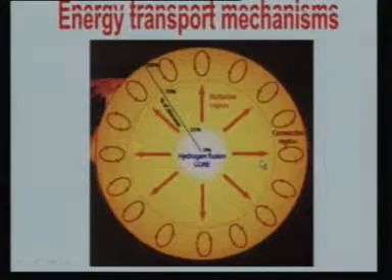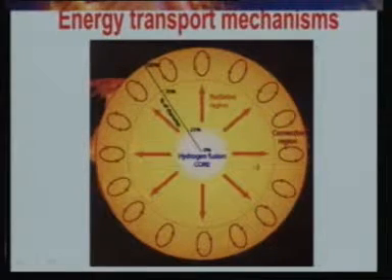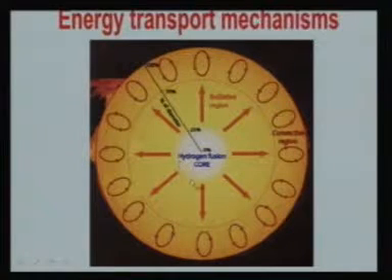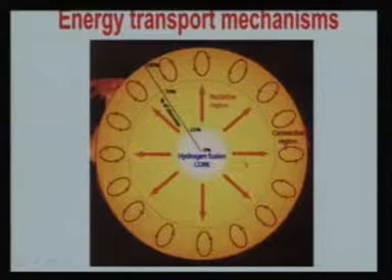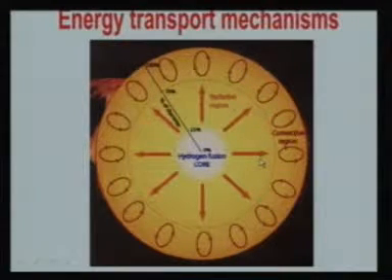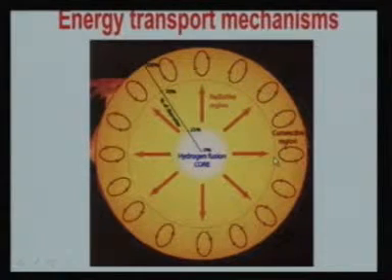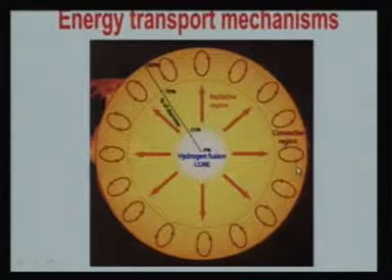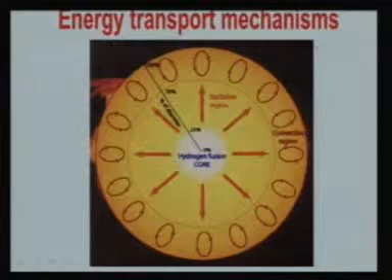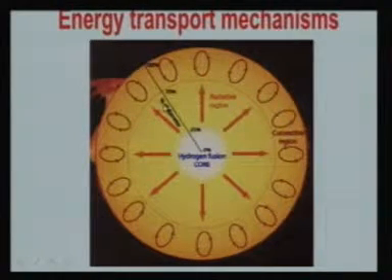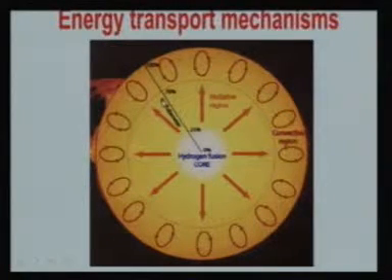As shown here, this is a sun-like star again. We have a core in which energy is produced. It is transported by radiation to a shell, a very small shell, of very small thickness, and it is in this shell that convection takes place, and the energy is transported from the bottom of the shell to the top of the shell, which is the surface of the star. In more massive stars, we have cores in which energy is transported by convection, then the shell in which energy is transported by radiation to the surface.